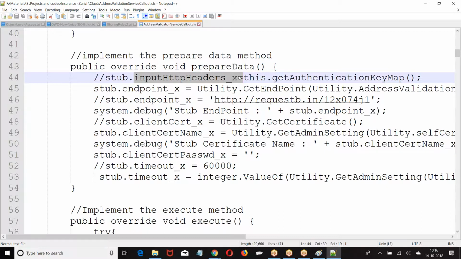So what is that input header? Anything that you want to put in the input header of the request, we can put in the input header. If I have a separate method to pass the header element, then there will be a header element. If I have to pass the data in the body parameter, then the body. If I want to authenticate myself with a certificate, pass the certificate. Default header element, body or certificate. I hope you are good with this.